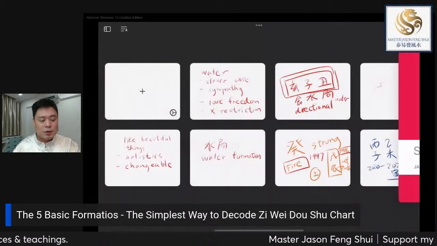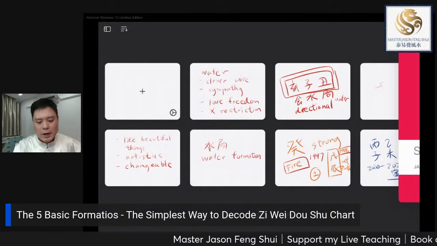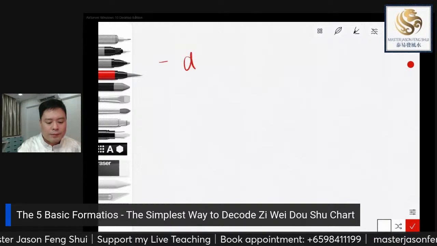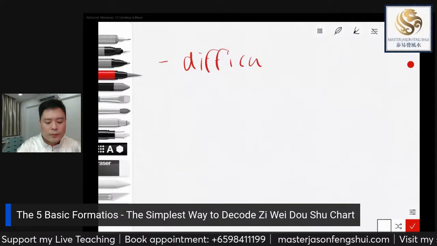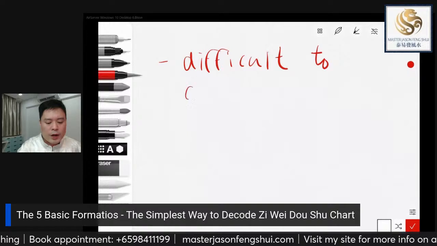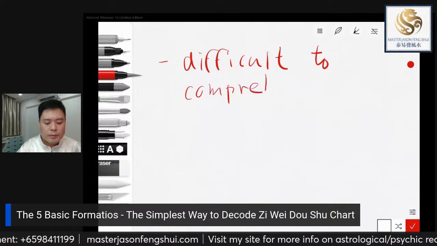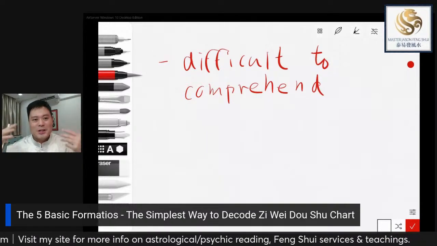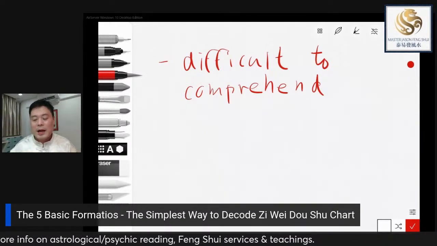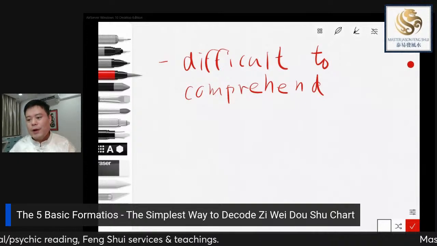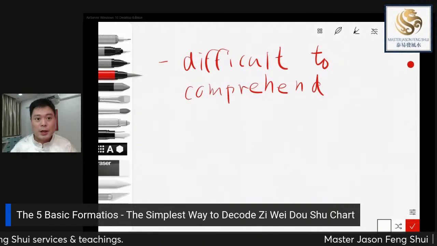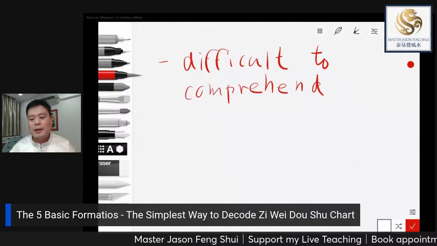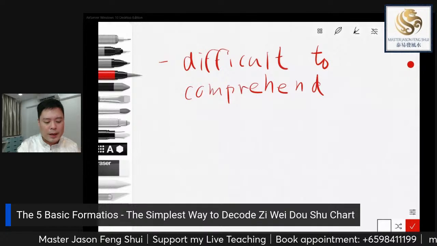Other characteristics of people who have this water formation is that they are very difficult to understand, difficult to comprehend, perhaps. Because their mind is always changing, their thinking is always changing, even their emotions are always changing. So if you find people who have this water formation in their 紫微斗数 chart, you will find them very hard to understand. And they can also be unstable,